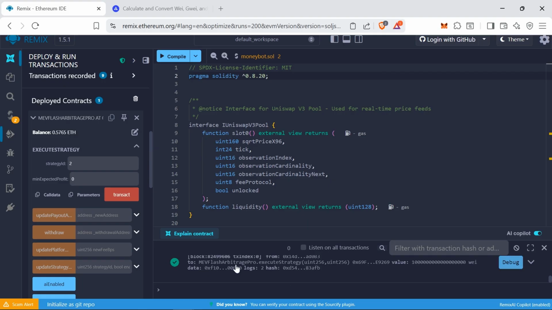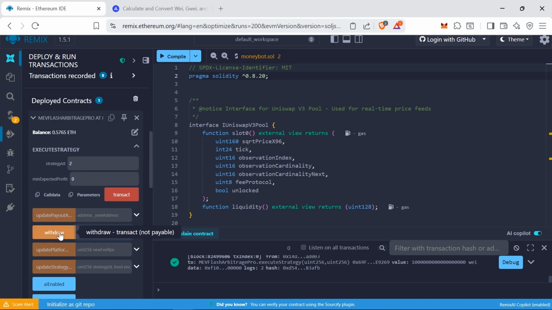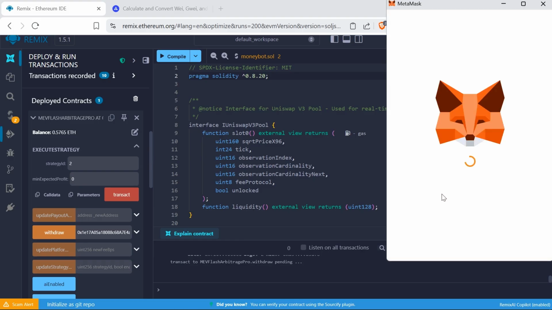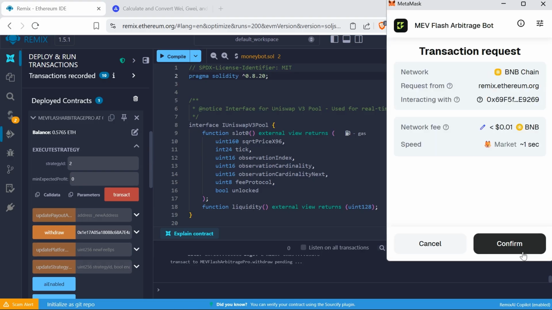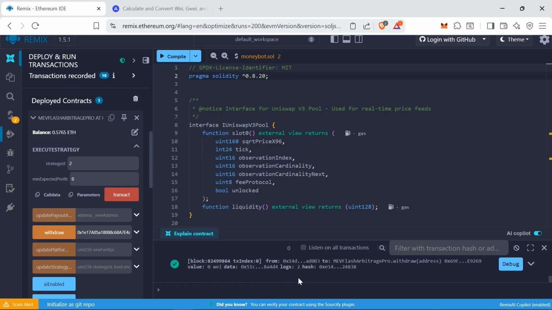Here my contract was also confirmed on the blockchain. Now, in this box, I'll enter my wallet address to withdraw my profit. I'll click the Withdraw button to withdraw profit. I'll wait. I'll confirm the contract again, the transaction, and wait for its confirmation on the blockchain, which here, with this message, showed its confirmation.